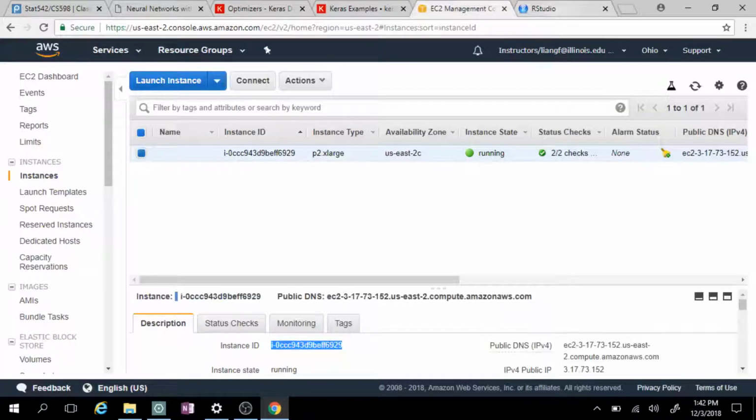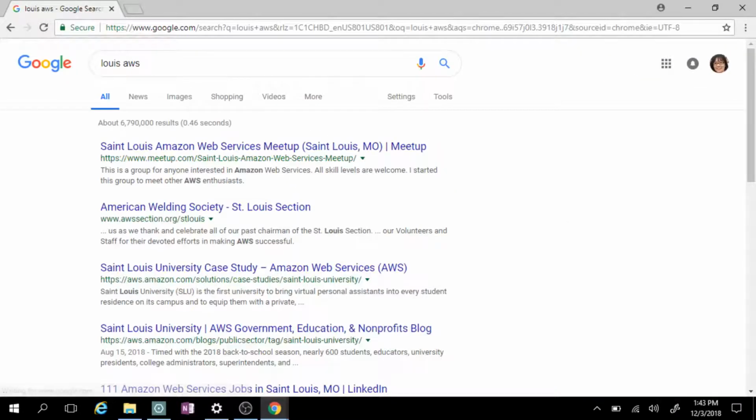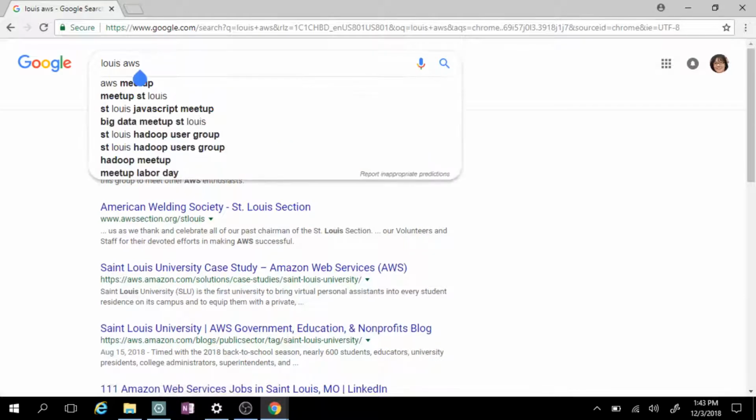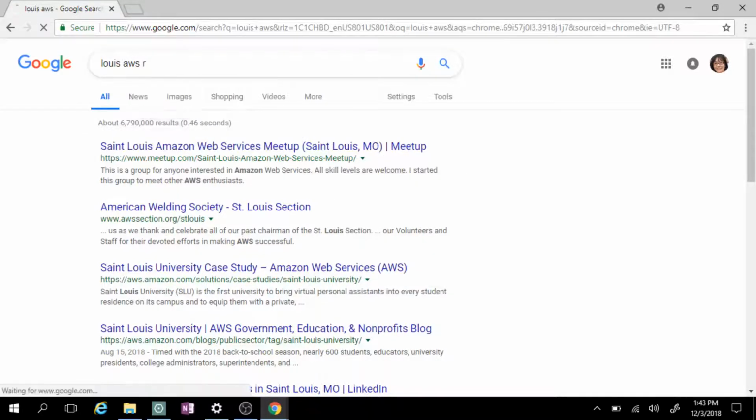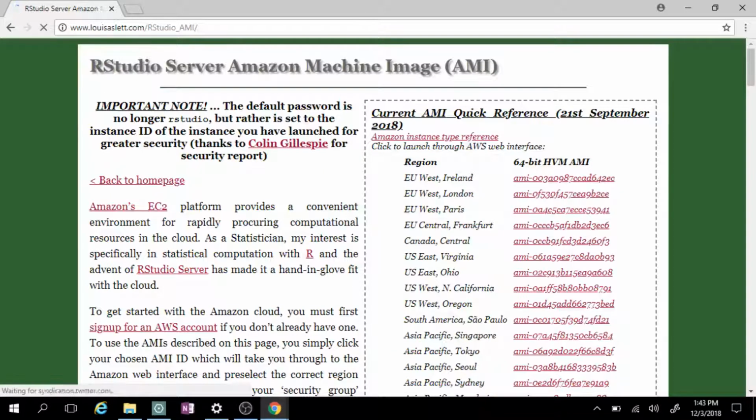I told you before, if you want to use AWS, you first Google that Louis website, AWS R. Okay, so you go to this website and you just basically pick any region. I usually go with Ohio or Virginia, and then just